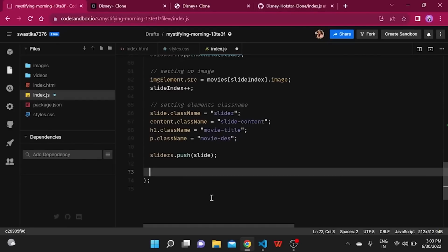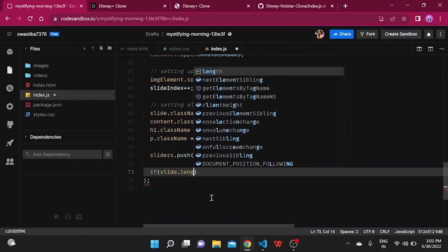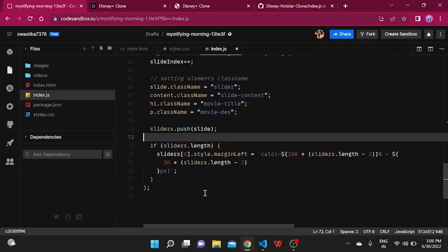Now the last thing that we have to do for the slider is create the slide effect. So we'll write an if statement here, and we'll say if slide length. Now we have a little bit of formula right over here to do the calculations, and I'll explain it in just a while. Sliders at index 0 dot. So I've completed the function right over here,